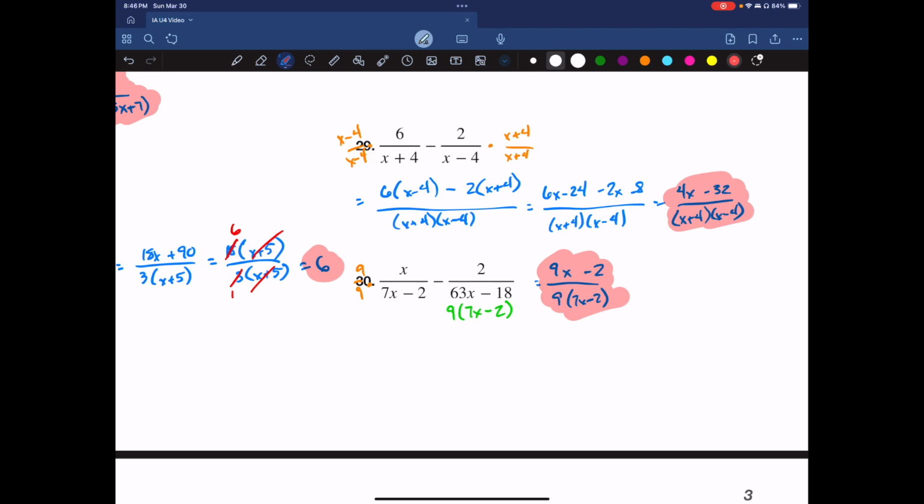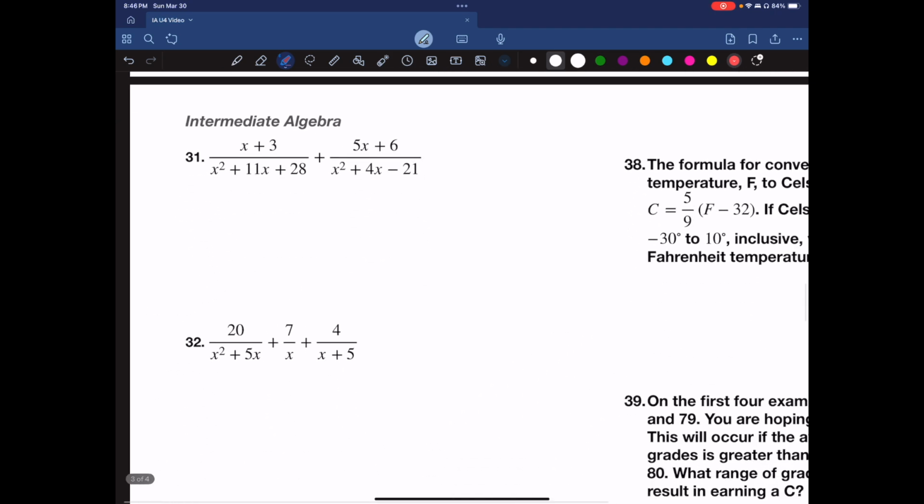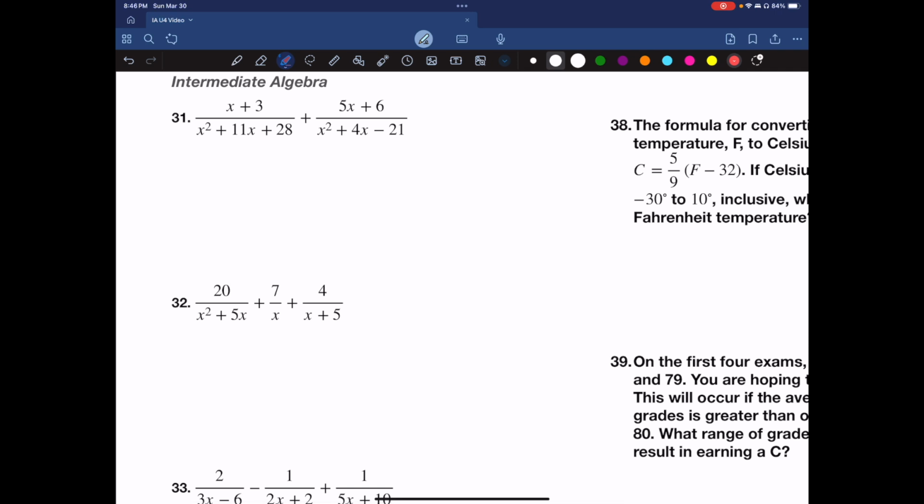All right, 31, 32, 33. These are the last ones that we have to work on as far as rational expressions go, and then we shift gears to start talking about inequalities. So we're going to pick up the pace here shortly. All right,